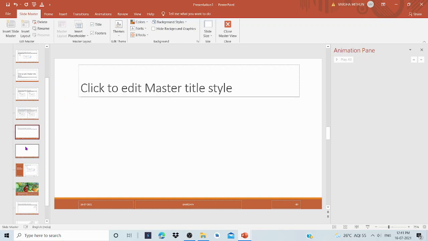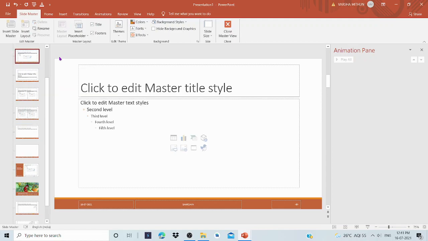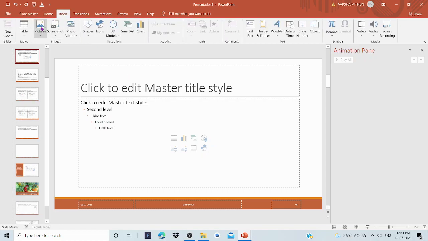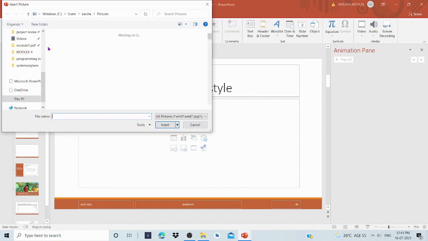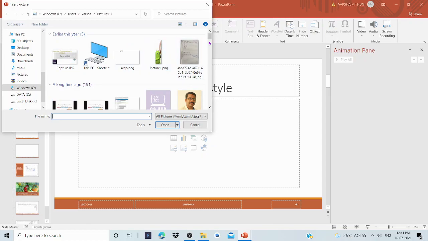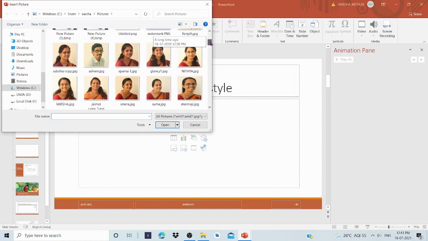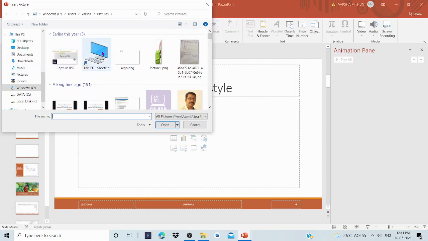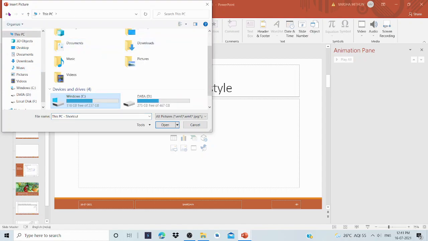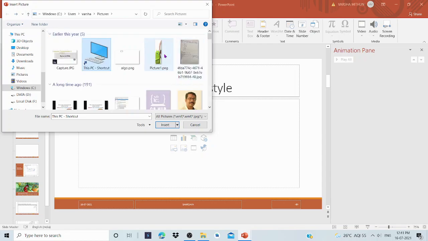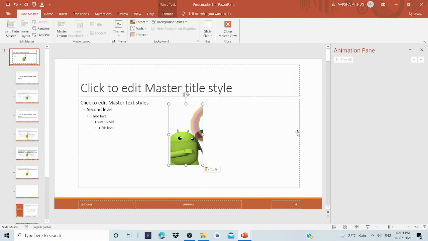So I'm going to edit a content slide. Okay, this is a content slide. So I'm going to add a watermark to it. For that, I am inserting a picture. I can insert a picture from this device. Okay, I'm just selecting this picture. Oh, sorry, that was a shortcut. I'm selecting this picture. So the picture is inserted. Then the same picture will appear on all the slides.